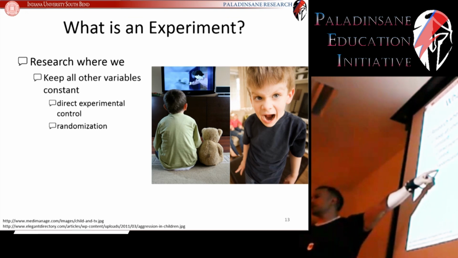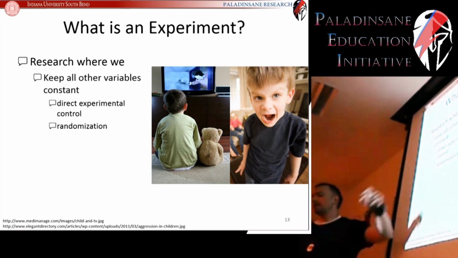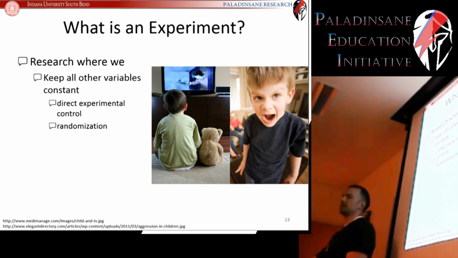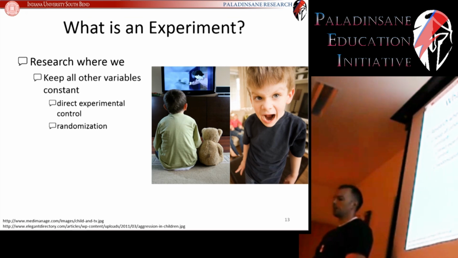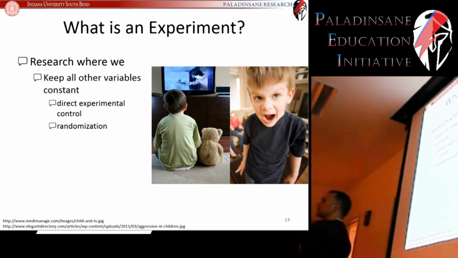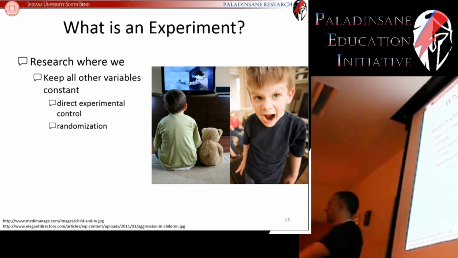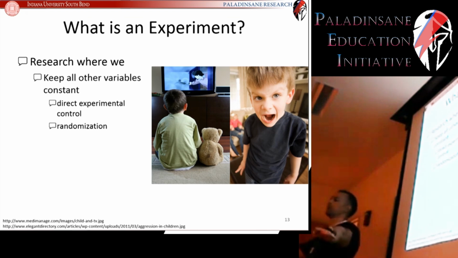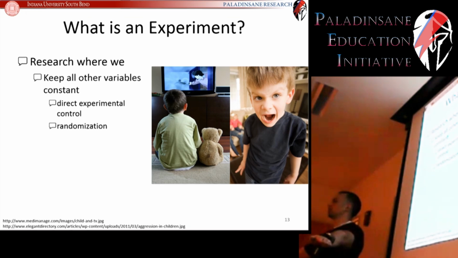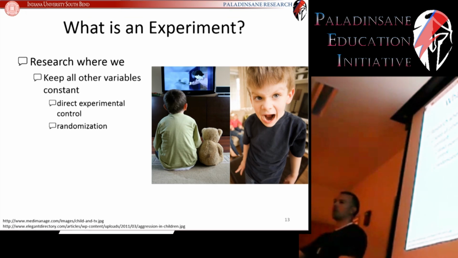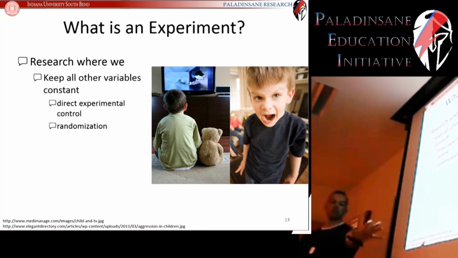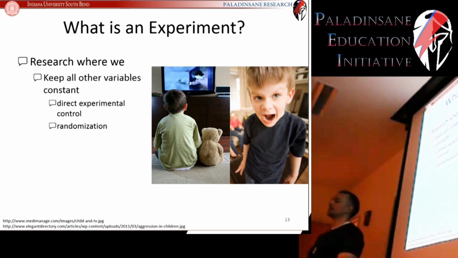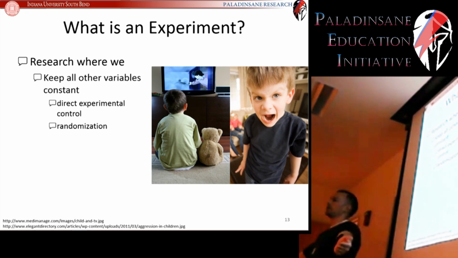That's where randomization comes in. Because what randomization does is it takes a subject and randomly assigns them to the two conditions, which means that all of the tired subjects will, if the subject number is large enough, randomly be split evenly across the two groups, right? You're literally flipping a coin. And if it lands heads, you're over here. If it lands tails, you're over here. And what that does is it'll split up all of the tired subjects.